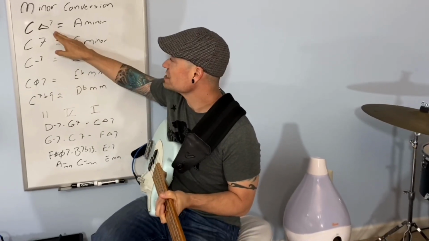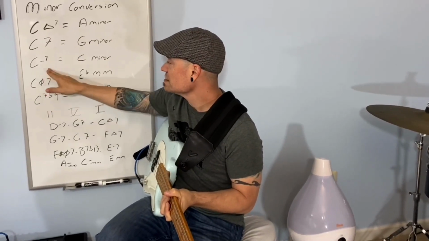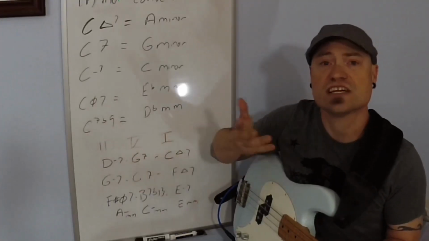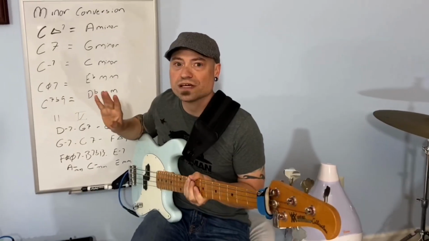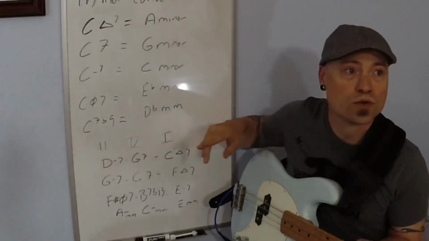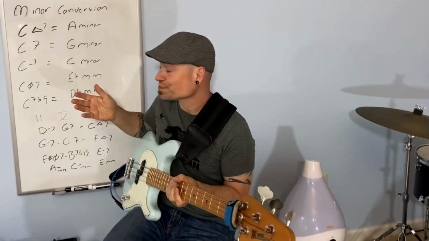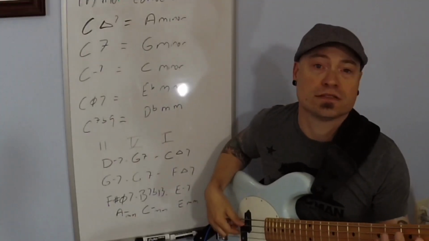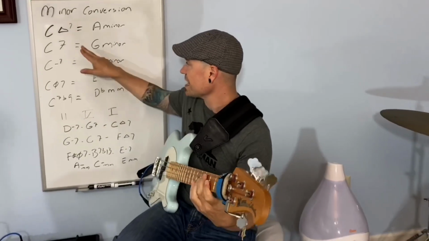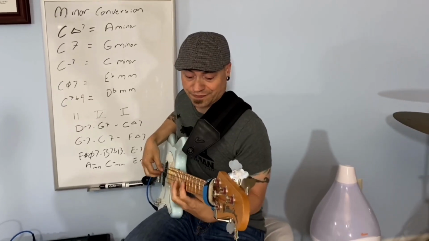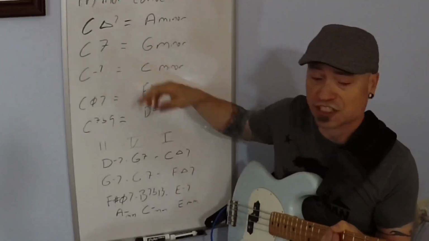So we have C major, C7, C minor 7, C half diminished 7, and C7 flat 9, which is an altered dominant. Now, the beauty about this is that you can take these and organize them a couple different ways. So for instance, say I'm playing over a chord that's C major, I can think about the minor sixth, which is A minor,